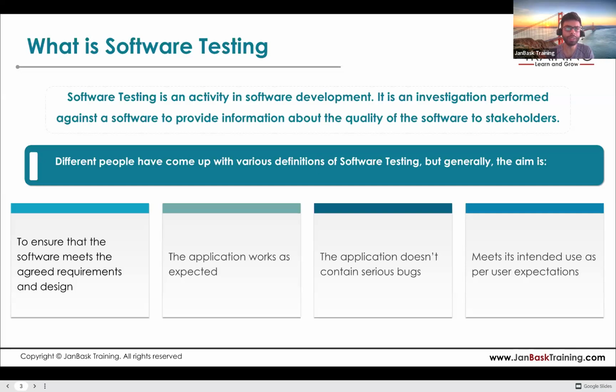100% bug free. There could be minor bugs which might not affect the behavior or the requirement, or the feature of the application much, but as a tester we need to make sure that the application must not contain serious bugs, because if we have serious bugs, that means it will deviate from the requirement, right? Whatever requirement the client has provided, the end software is deviating from the expectation,